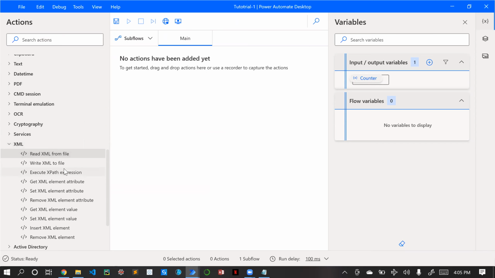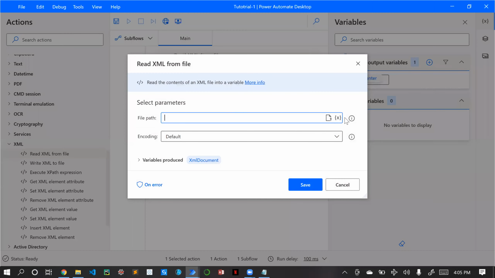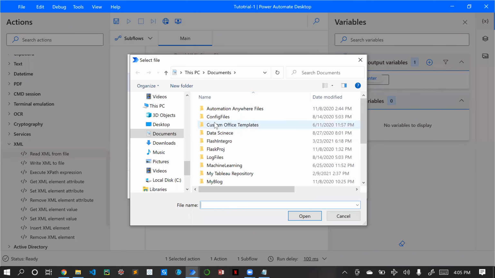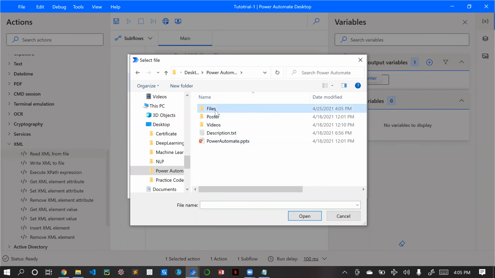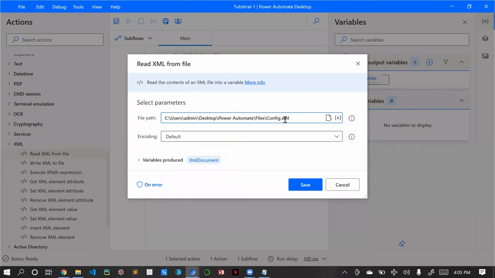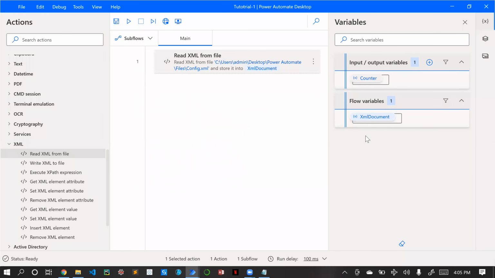Our first thing should be reading the XML file. So let's drag and drop and select the XML file which we want to select. It is inside files. I have selected the XML file and the value will be in this XML document.